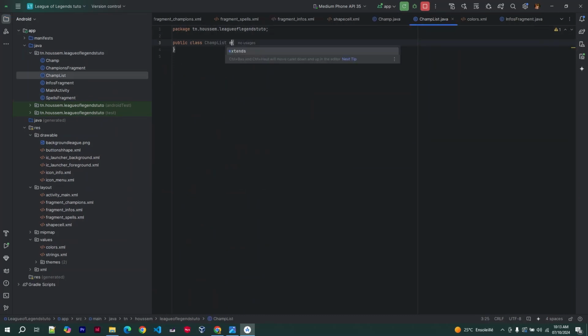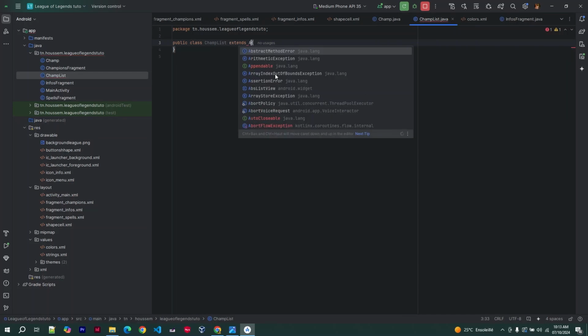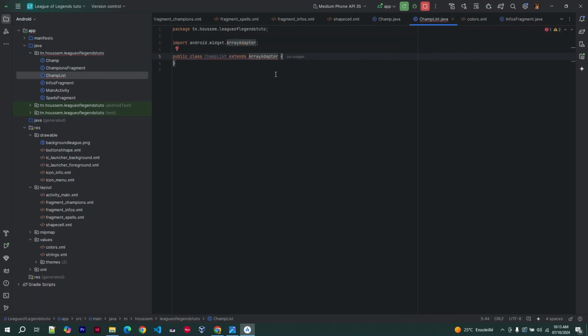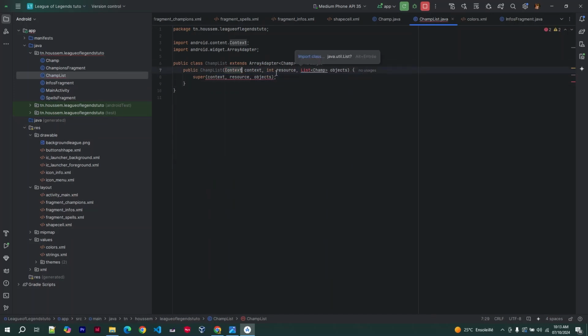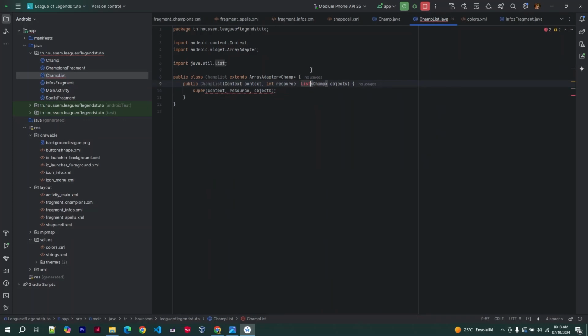I will add extends ArrayAdapter of Champ. I will add public ChampList(Context context, int resource, List of Champ). I will just import. Now I will generate a method,